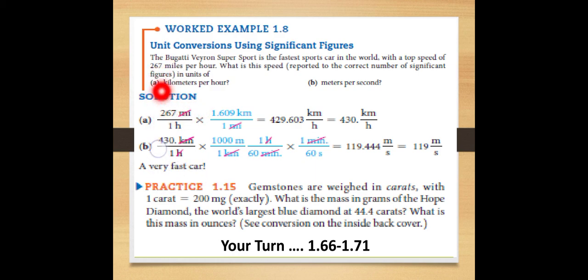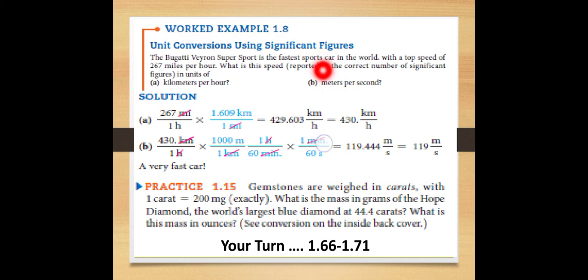So we put down 267 mile per hour here, and we apply the conversion factor 1 mile is equal to 1.609 kilometer. We put the mile below in the denominator and kilometer in the numerator, and this mile cancels, and when these both terms are multiplied, we get